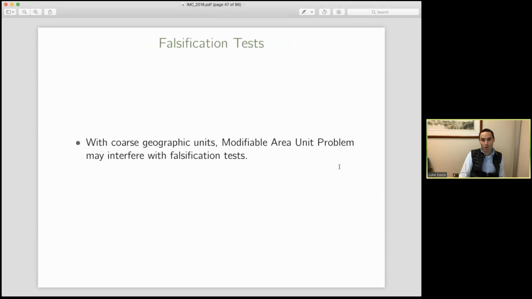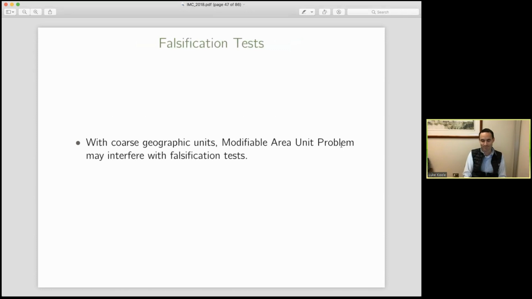Moreover, the other thing that can happen is if you're using coarse units, like let's say you're aggregating up to city blocks, or you only have census data at the city block, or maybe even a bigger census region. If you do any work in spatial stuff for geographic analysis, there's something called the modifiable area unit problem. What that refers to is, if you have something that varies in space, let's say income varies spatially, and you aggregate that up to an arbitrary unit like a census block, you can introduce bias into the mean